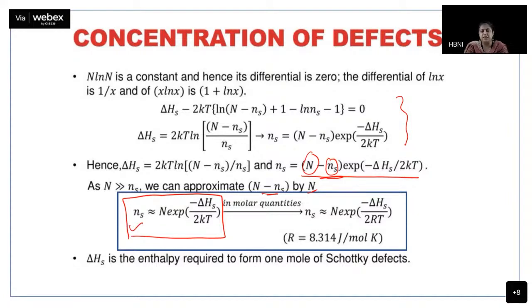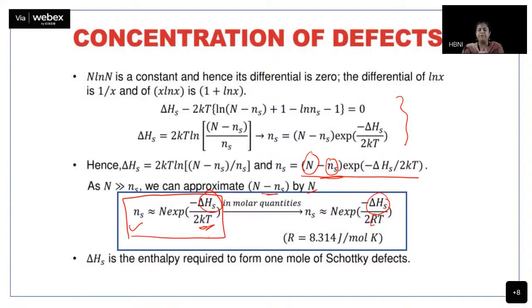So if I give you this many grams of NaCl, and this is the amount of energy required to create one defect, then tell me the ratio of defects in the material at 500 K vis-a-vis the material at 300 K. You have to keep two temperatures here and calculate the ratio. This is for one defect, or n_s number of defects. Converting it to the molar quantity, you will replace this by energy per mole, and you will replace your Boltzmann constant by the gas constant.